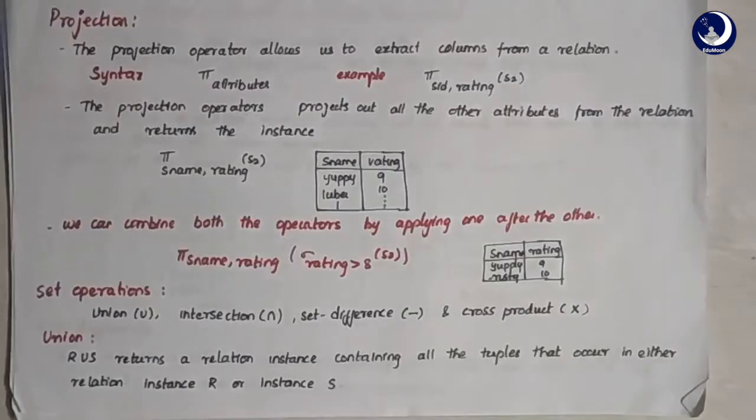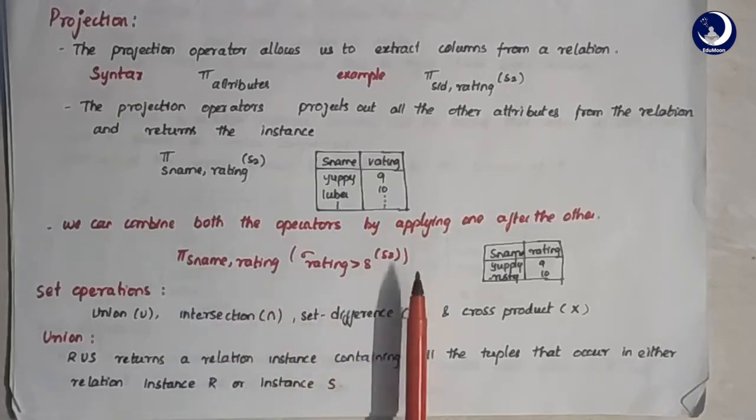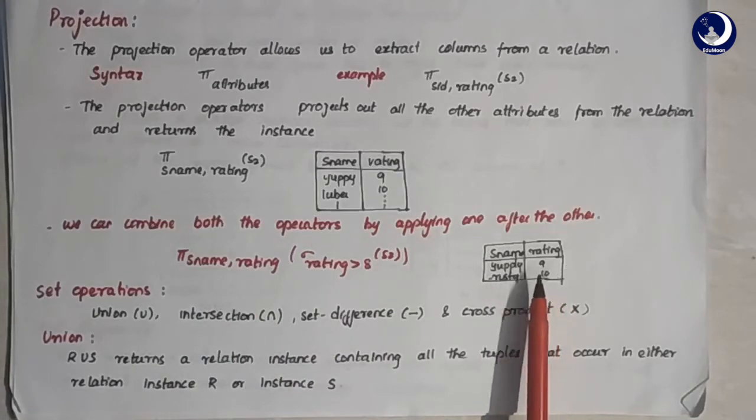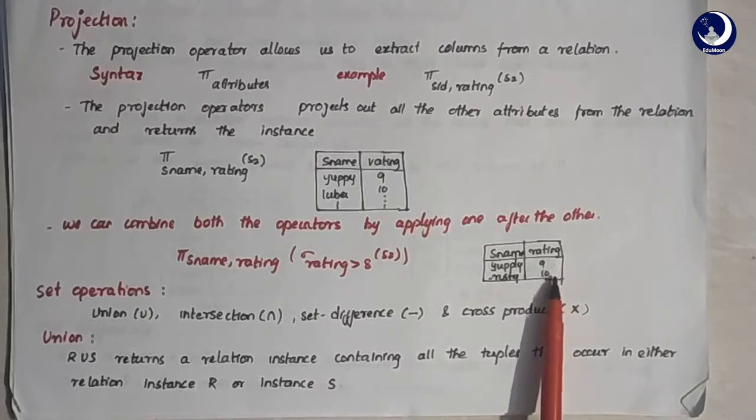So we combine these two operators, that means selection and projection, if we want a mixed result. Here for instance I want the sname and ratings of all the sailors whose rating is greater than 8. So I am going to combine both of these operators and get my result. Initially I am selecting the sailors whose rating is greater than 8, and then I am projecting only sname and rating from this instance S2. So this is the output that I get. I am only getting the sailor data whose rating is greater than 8. Right, so this is all about selection and projection.